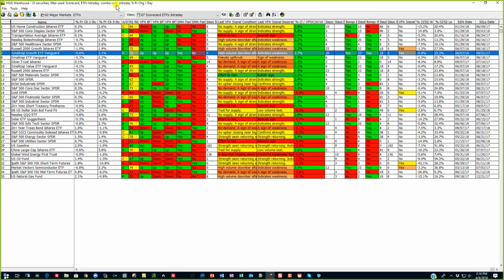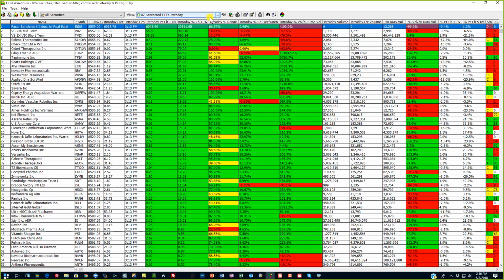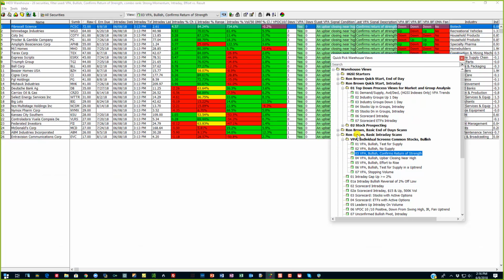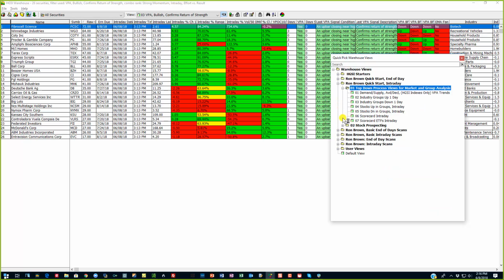As I said, I'm going to go to all securities. I'm going to hit my alt key and spacebar at the same time. That is a shortcut to take you to all securities. And then I'm going to concentrate primarily on the quick start views, and we're going to be talking about intraday, but also I want to show you, well, let me do the